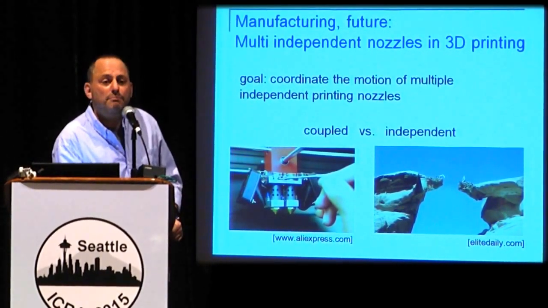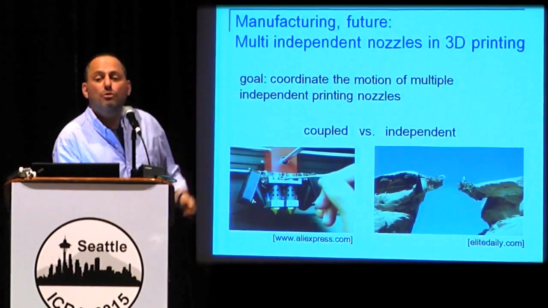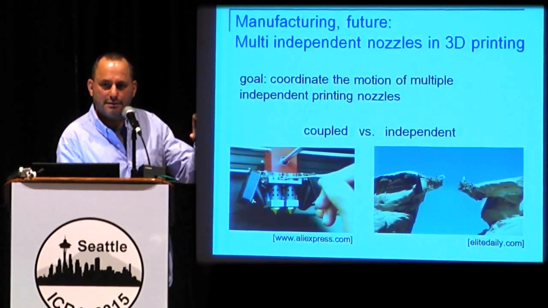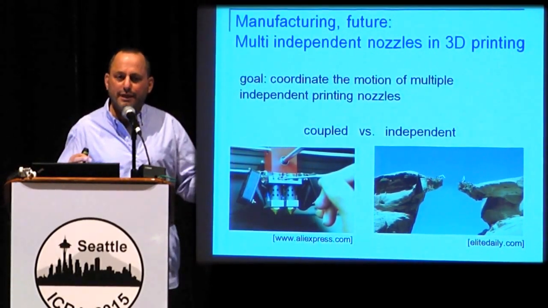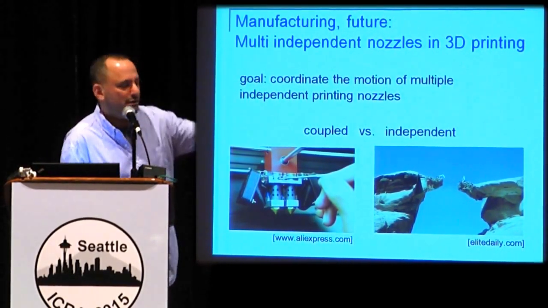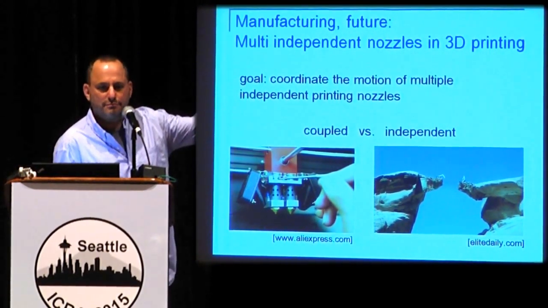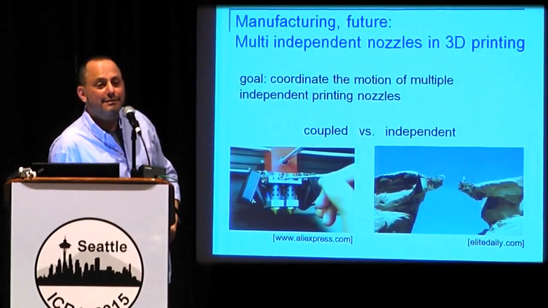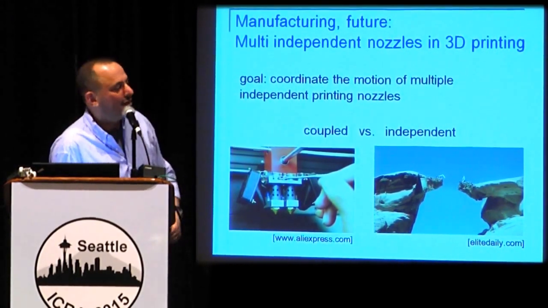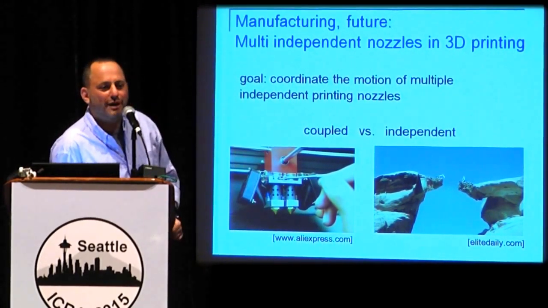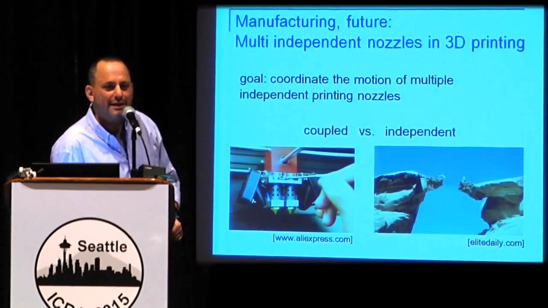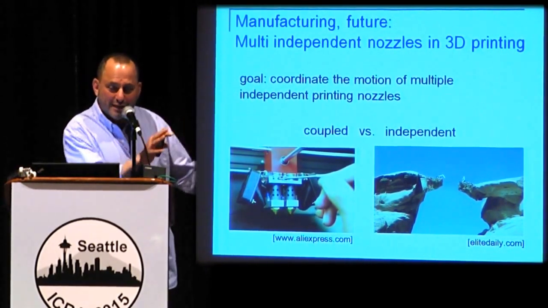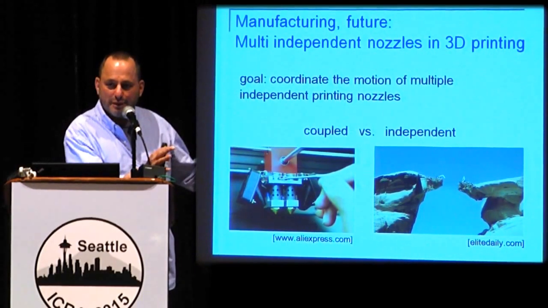And one way to speed up the process is to use more than one printing head. Some technologies use hundreds of printing heads. But almost always, the printing heads are rigidly attached together, like on the left-hand picture. If you really want to save time, you would like the printing heads to move independently. So I go to some extreme on the right-hand side with two robots printing a sand bridge, but you can think of many printing heads moving inside a reasonably sized printing volume.